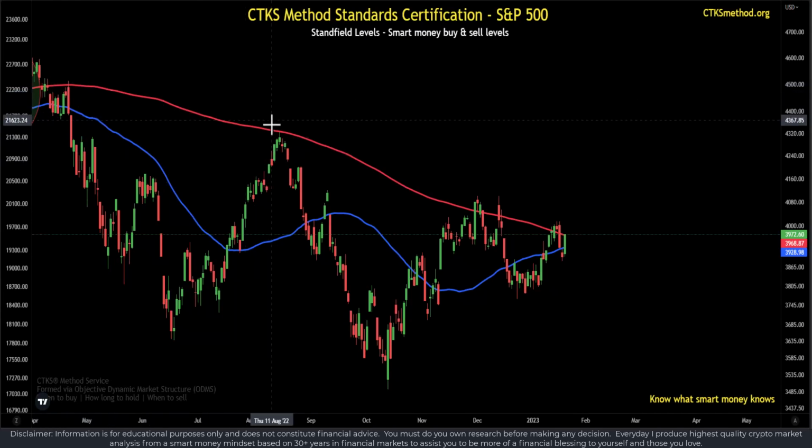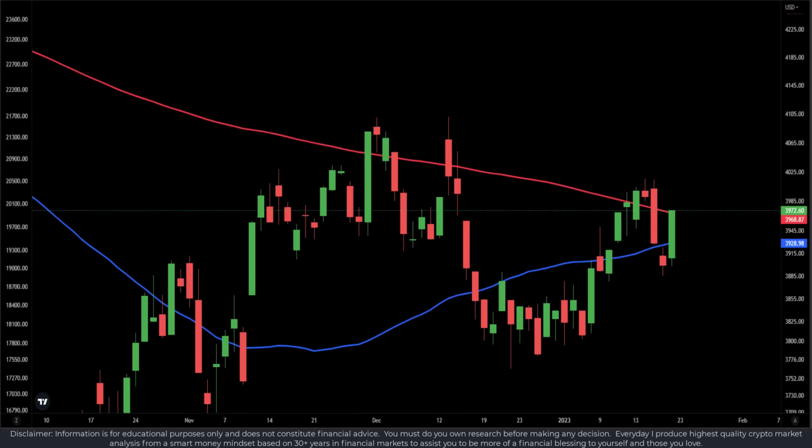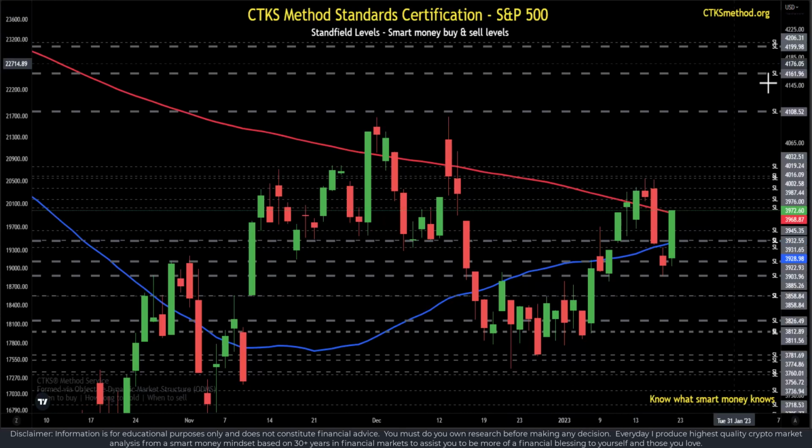When people look at the 200-day moving average, they say if we get above it, it's a bull market. If we're below it, it's a bear market. These kind of things are far, far too simplistic. It's really all about smart money support and smart money resistance. If we just looked at the chart like this in terms of moving averages, and that's how a lot of people do look at their charts, where is the resistance and where is the resistance playing through from a long-term time perspective, analyzing all of price history, not just recent price history? That answer is given through the CTKS method.